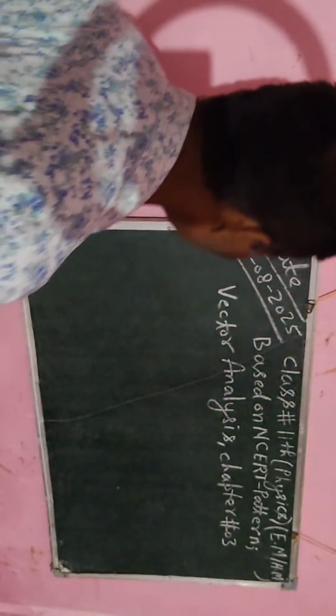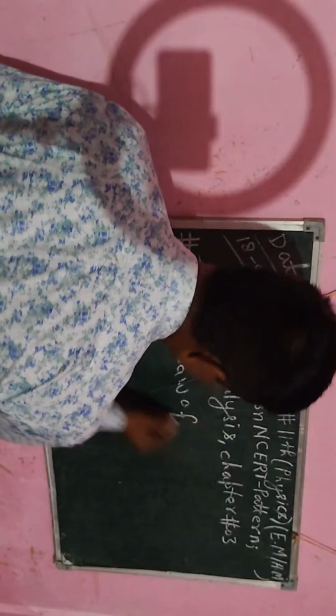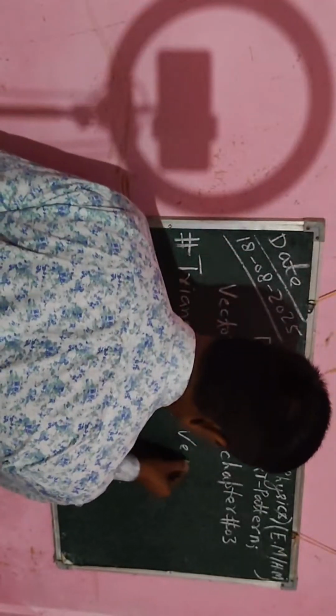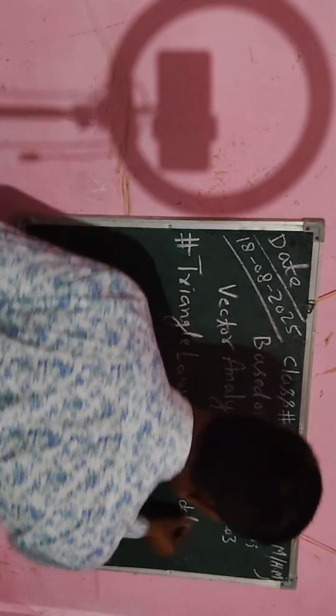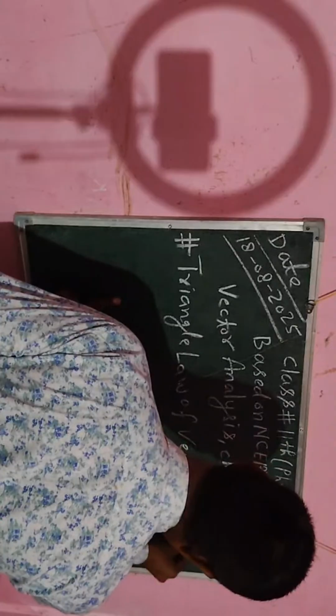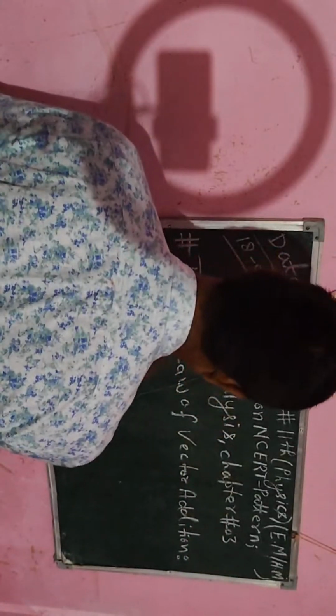Okay, so in vector analysis, the next topic I will explain in detail, which is very important. So you concentrate on this topic in detail. Okay student, the topic I am going to explain is vector addition, the triangle law of vector addition. This is a very important topic. It is also written in